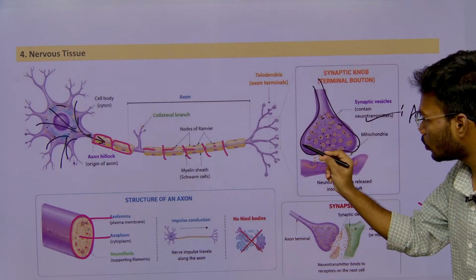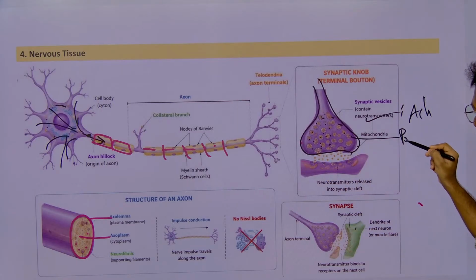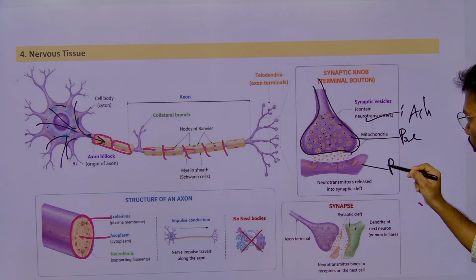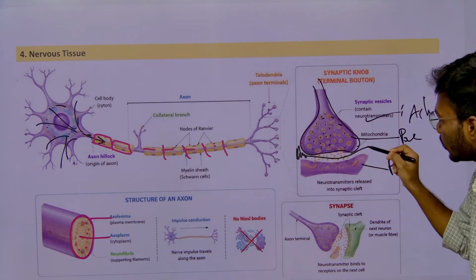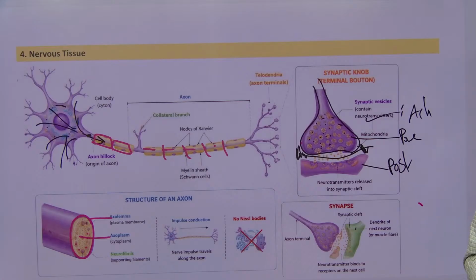So see, this is one neuron. This is the presynaptic neuron, and this is what? Postsynaptic neuron. In between we have a space, this is called the cleft, which is also called the synaptic cleft. We will discuss it in detail in synapses. We have two types of synapse, one is electrical and the other is chemical synapse. In that we will discuss, right? So this is about the neuron,